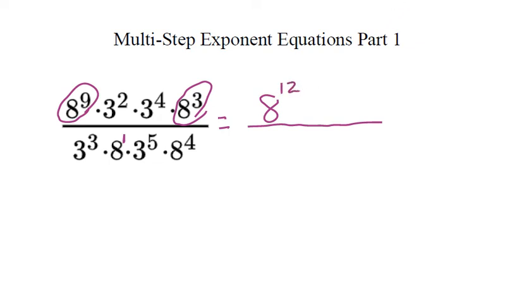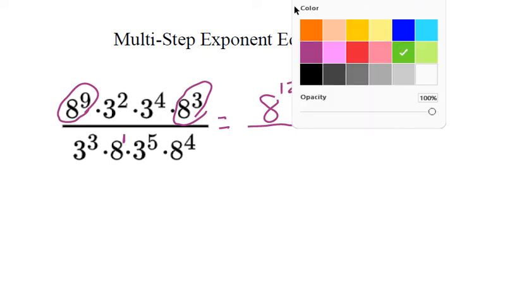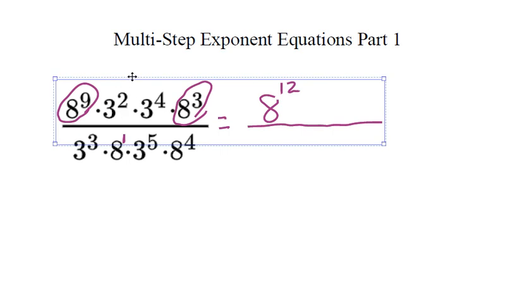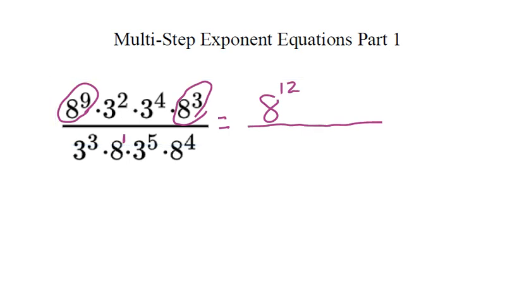Well, then I go ahead and I address my threes here. So with my threes, I have 3 squared multiplied by 3 to the power of 4. So right there, I'm still going to have a base of 3, but 2 plus 4 is going to give me 3 to the power of 6. I'm going to continue with my threes here in the denominator. So that's going to be 3 to the power of 3 multiplied by 3 to the power of 5. Well, that's going to give me a base 3 to the power of 3 plus 5,